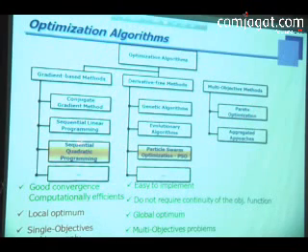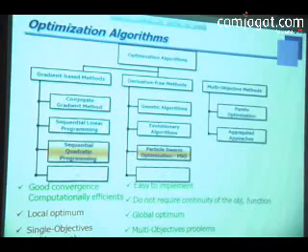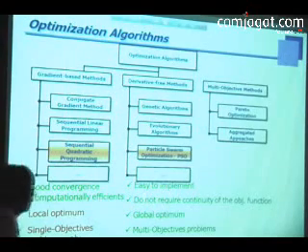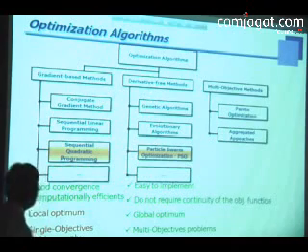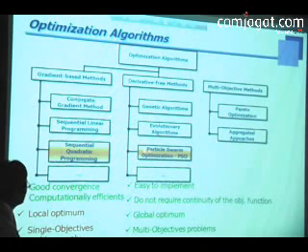So, as I mentioned, SQP, one of these gradient-based methods, has good convergence and computation efficiency, this is an advantage. The disadvantage is local optimum. This is not conducted for global. And single objective, not multi-objective. So there are so many multi-objective optimization techniques. We use the Pareto optimization technique. So this predictive